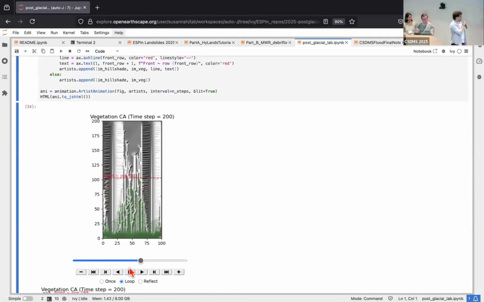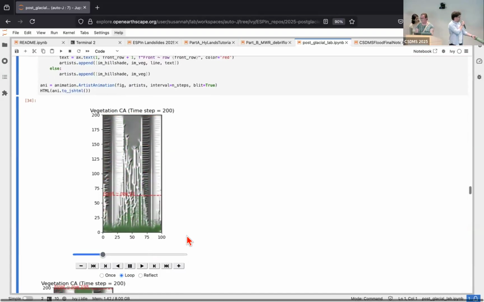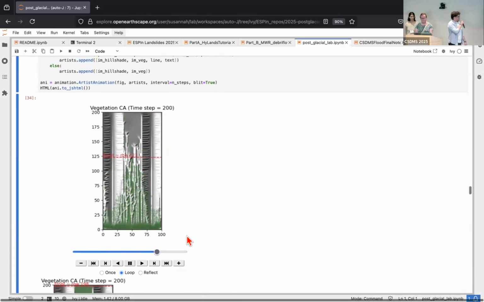Yeah, so as you can see, as time progresses, most of the vegetation initially goes up the channel, avoiding the actual water channels themselves, while the moraine slopes themselves slowly diffuse and eventually get some vegetation on them as well. The only other aspect of this is that the vegetated slopes also correspond with a lower